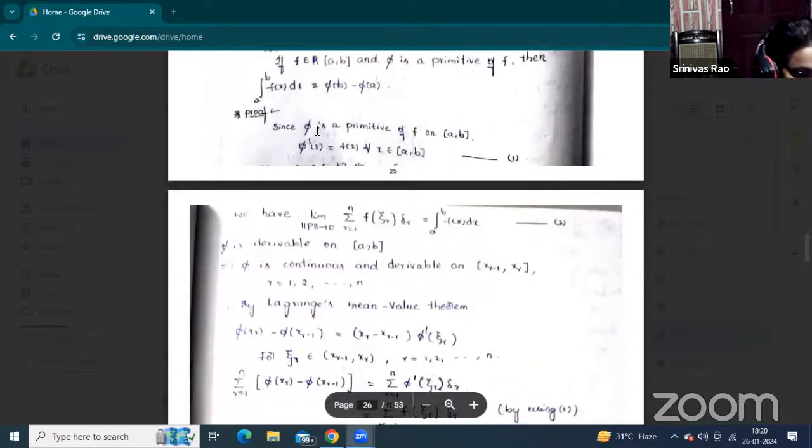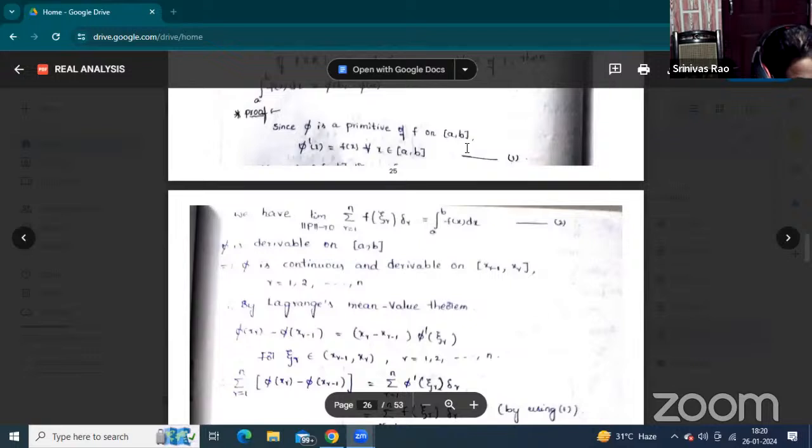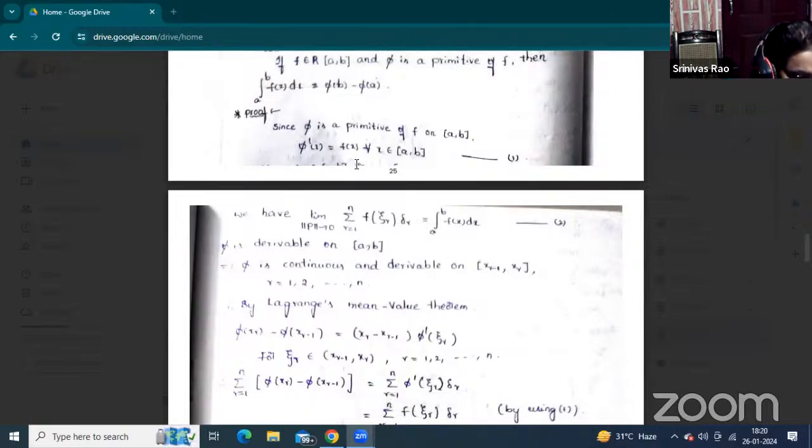That is the statement of the fundamental theorem of integral calculus. The simple proof is here. Phi is the primitive of the function. Okay, the primitive function is denoted by phi'(x) equals f(x) for all x belongs to the closed interval [a, b]. That is the first equation. We know that for a Riemann integrable function, by the simple definition, integral a to b f(x) dx equals the limit as norm of P tends to 0. Here P is any one of the partitions, P belongs to the set of partitions of the closed interval [a, b].